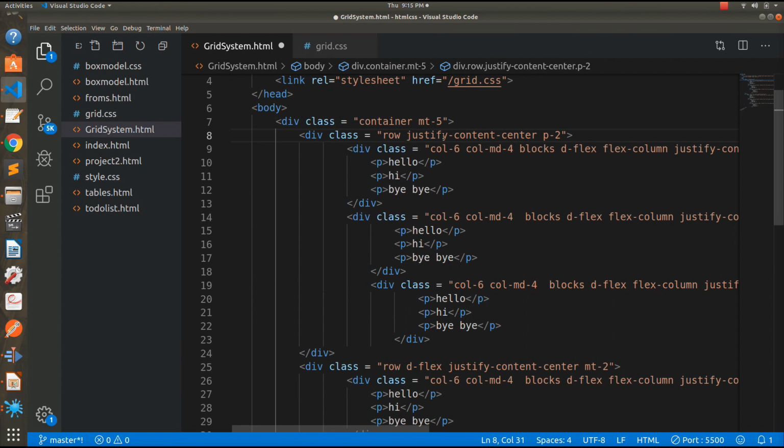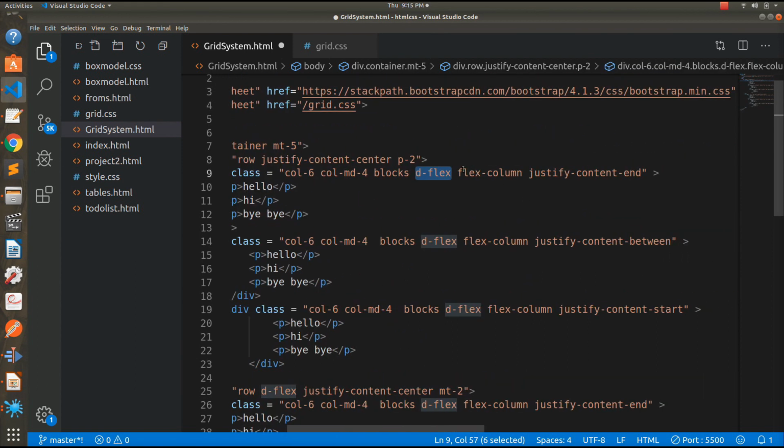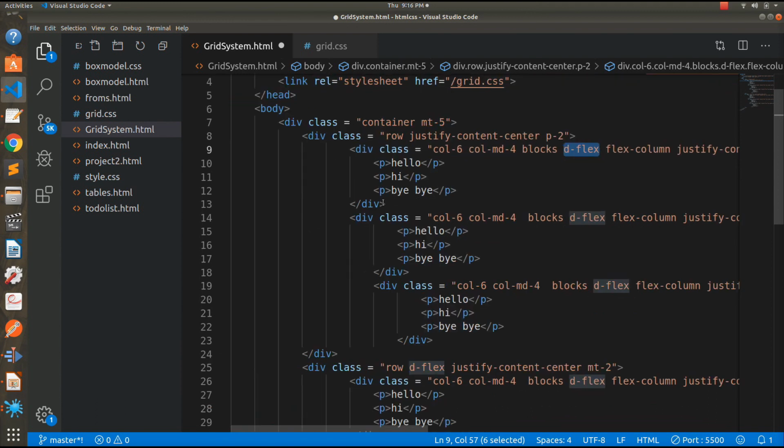So you don't need to mention this in the rows, but you do need to mention this in columns, because in columns we have given this property here, flex column, because justify content is by default used for rows, and to use it for columns you have to mention this here, and to mention this property you have to mention dflex. Okay, so I think that's it.